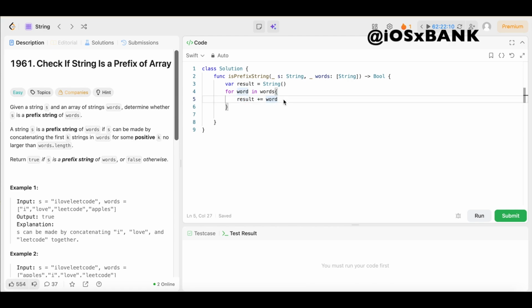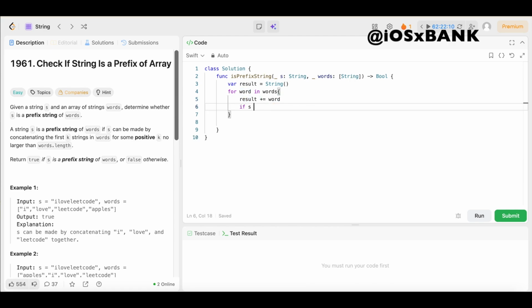Then we're going to say if S equals result, because remember we just built this result string, in the end this input S should look like result. Otherwise, if it doesn't, we'll open up the brackets and we can just say return false. But if it does, then we come right here and say return true. Boom, y'all. That's all she wrote.